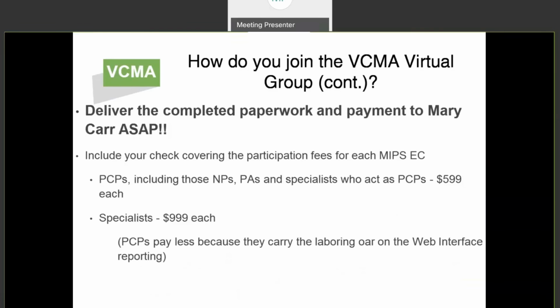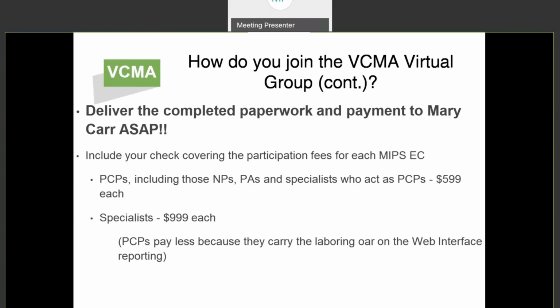Once you've completed the paperwork, then you need to get that to Mary as soon as possible. And with that, you need to include your check to cover the participation fees. The fee is $599 each for the primary care practitioners, which includes anybody who is potentially going to be sampled for the web